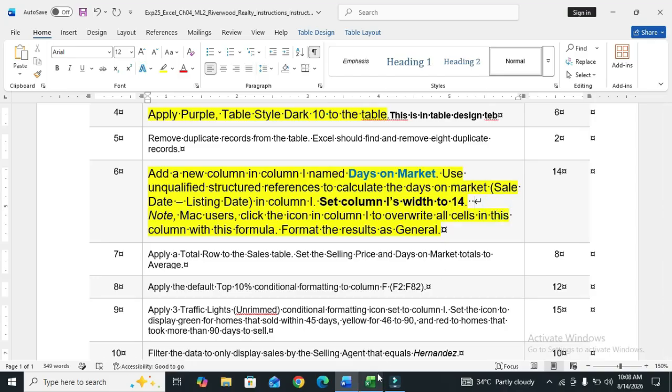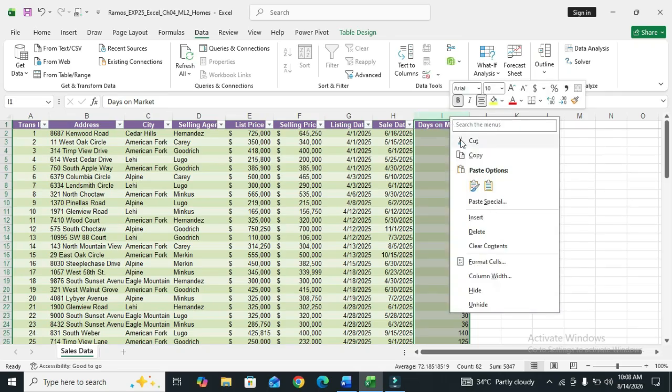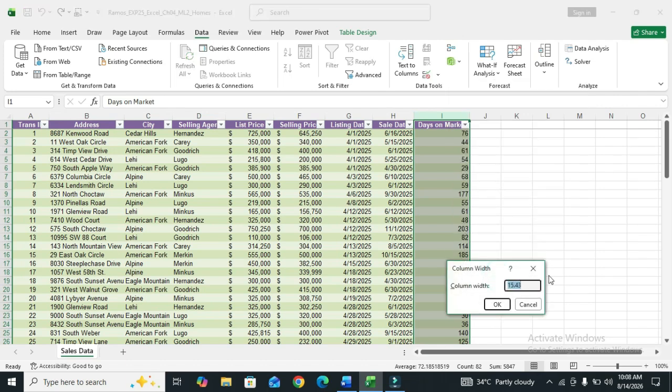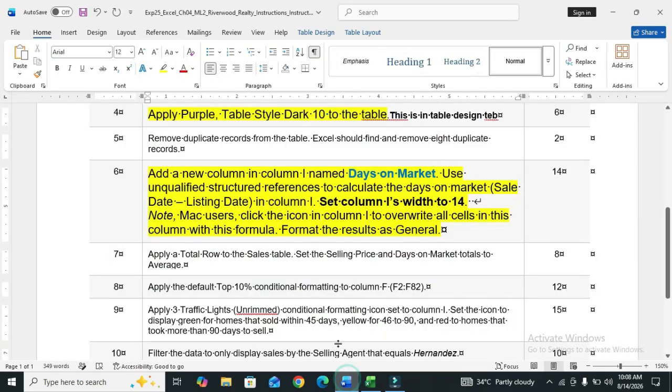So go to the Excel sheet, select column I, right click and go to column width. So column width 14, click on OK. So this step has been done.